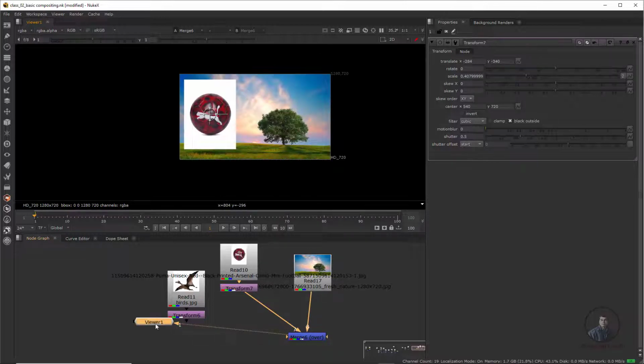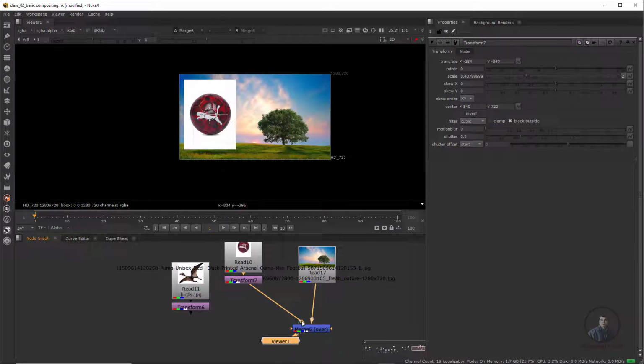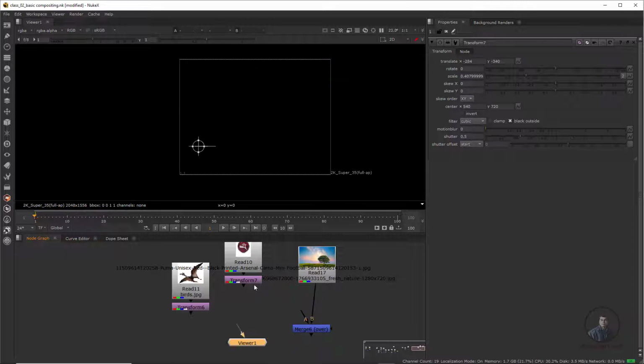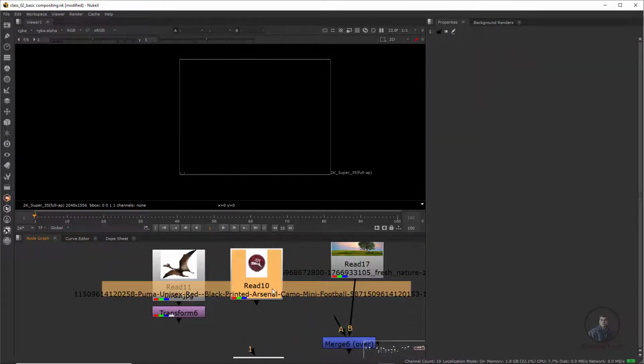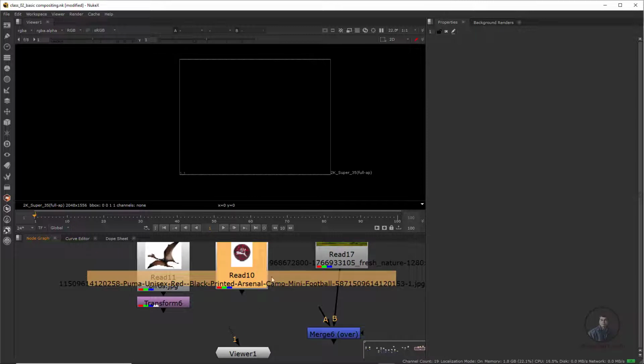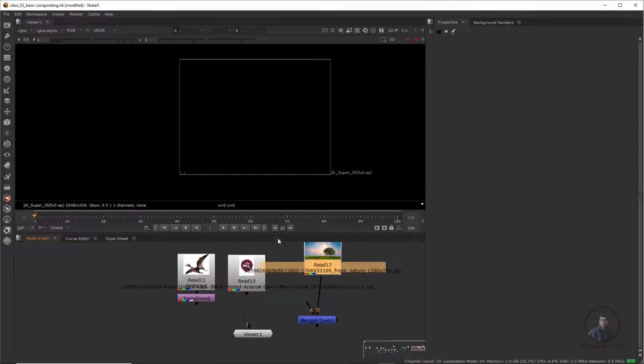So here I am going to see how we can create our 4 channel image. This is only for explanation. In Nuke we can create our 4th channel, which is our alpha channel, with the help of the roto node or with the help of the keyer node. So I am just going to explain it here. Suppose I want to compose this ball on this background here.